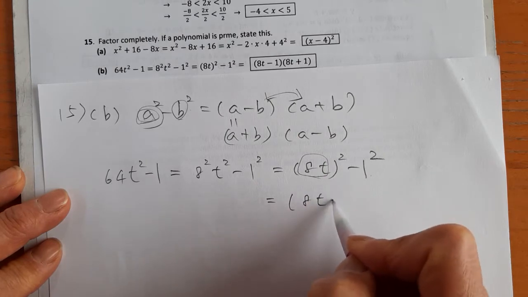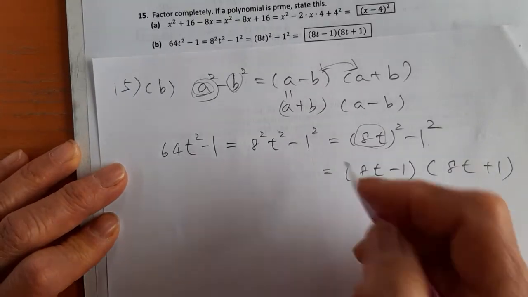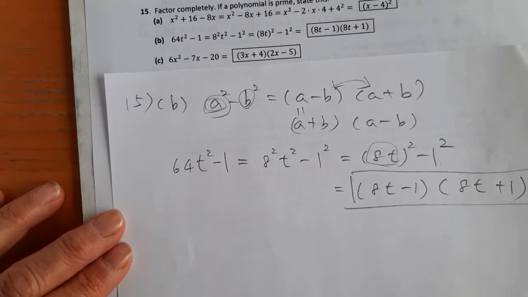It's a t minus 1 times a t plus 1. Factor. And this you cannot further factor, so it's a final answer. And the C,